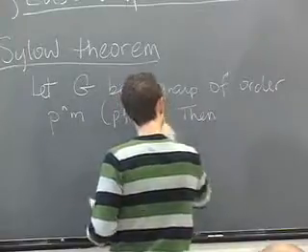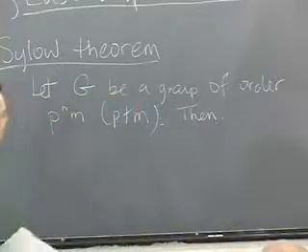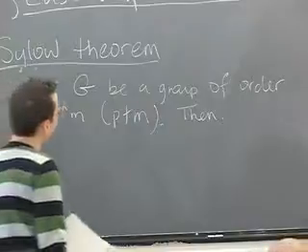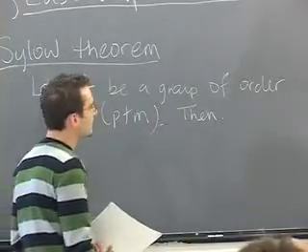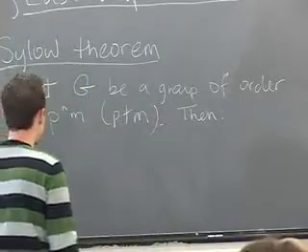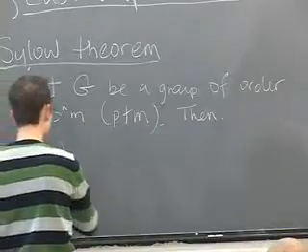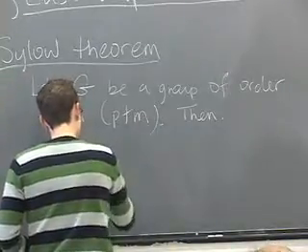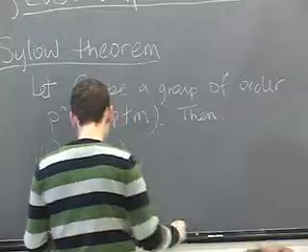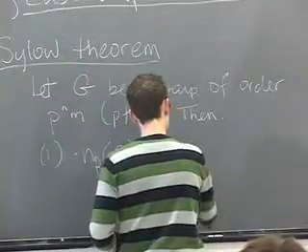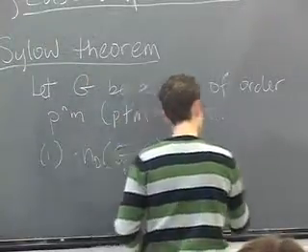And what we found is, by a clever analysis of the group acting on its subgroups of order p by conjugation, that, first of all, the number of Sylow p subgroups,